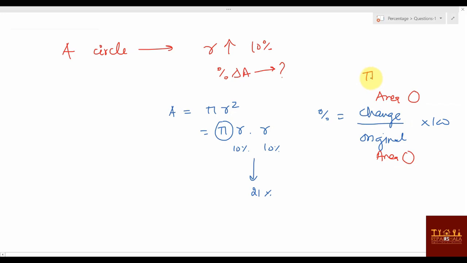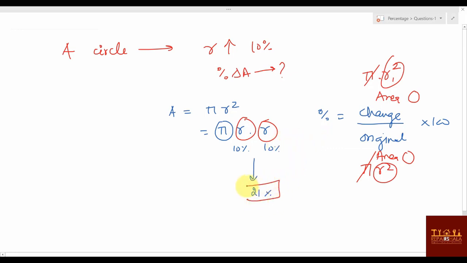Area of circle means something like pi into r1 squared, and here it will be something like pi r square. So anyway pi and pi will get cancelled, right? When you are finding the percentage, what will be remaining? Only this change and this change will be remaining. That's why whenever something like pi r square is there, pi is a constant one. You will never take care of the constant. You need to take care of only the variables r and r. It will become the same case as the rectangle case, L into B, R into R. So this will give you the answer 21%.